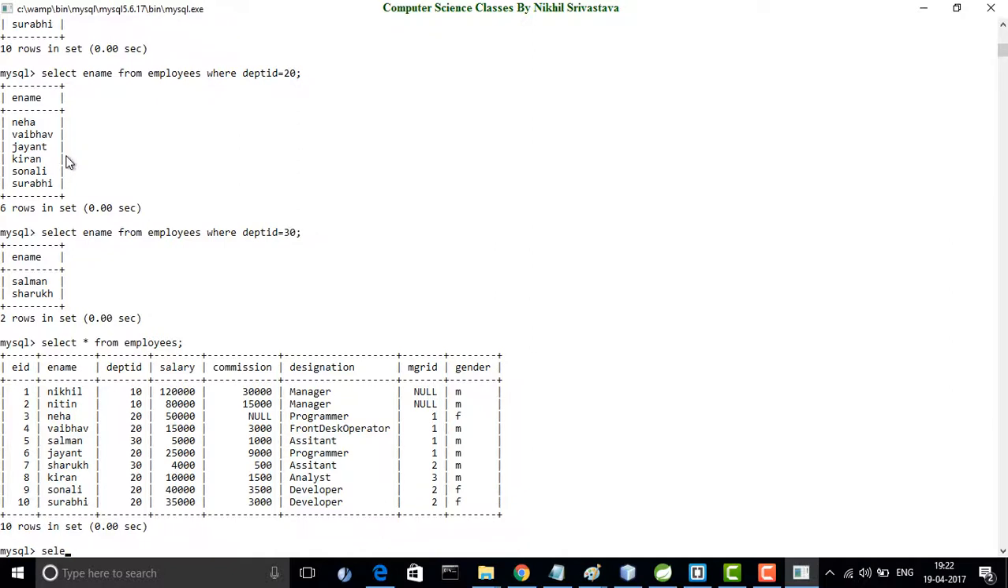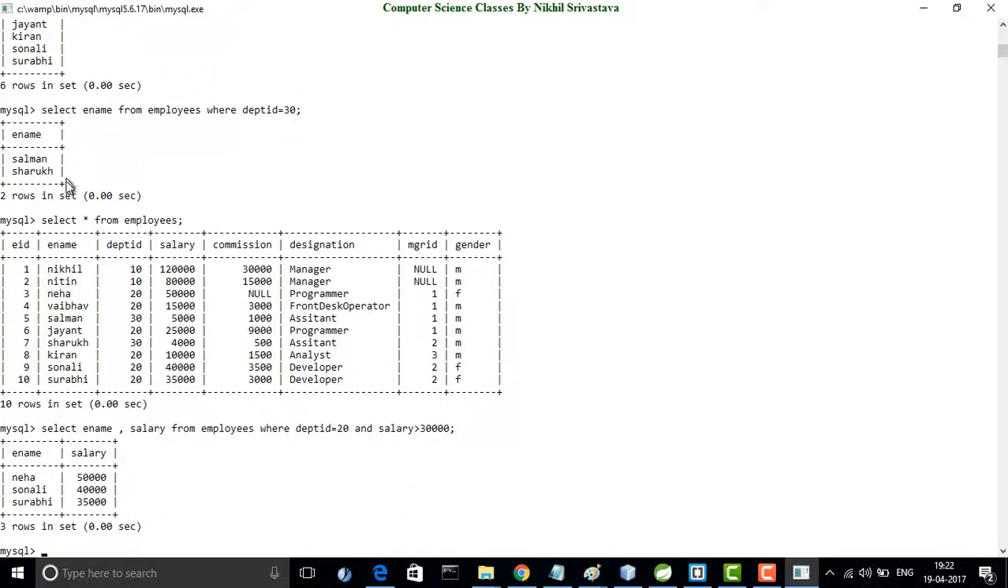So what do I want first? I want the name, and then I want the salary. From which table? The employees table. Where the department ID is equal to 20 and salary is greater than 30,000. So you are getting 3 employees, Neha, Sonali and Surabhi, who are in department number 20 and whose salary